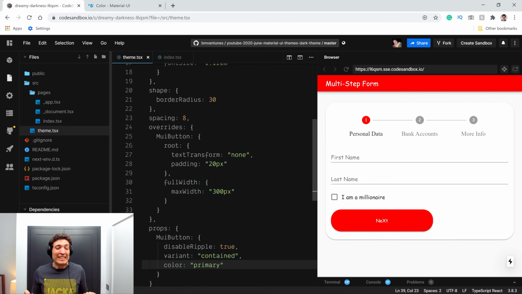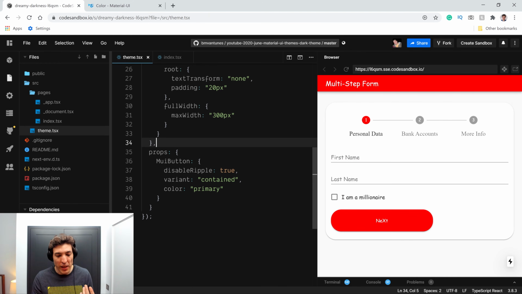One of the last things that you may need in your company, and trust me, you will probably need that, is the text fields on their own. A lot of companies say that the text fields from Material remind them too much of Android and are too much connected with Google. So some companies will not want to use those animated text fields that go up and down, like these ones. When you click, they go up and down and things like that. They also usually don't like when you click here, you saw the ripple on the checkbox. And like we deleted the ripple on the button, we can come here and say, for the props, we will say mu checkbox.